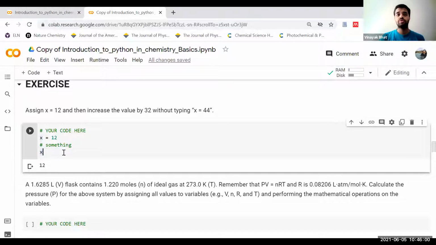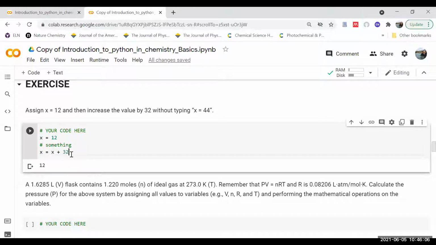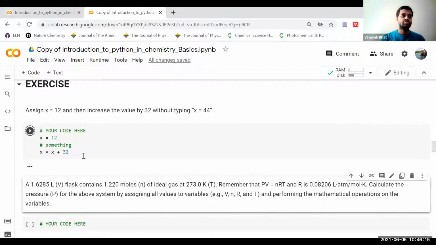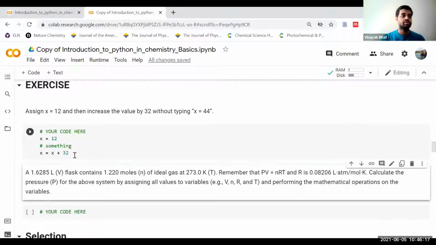So yeah, there are a couple of answers here. One of them is x is equal to x plus 32. This is the simplest thing. You need to add 32 to x and save it into the same variable x. And once we do that, we should get